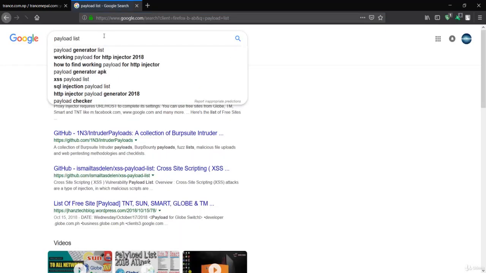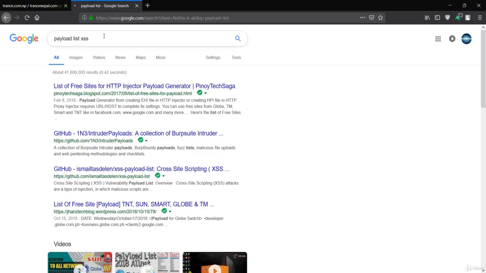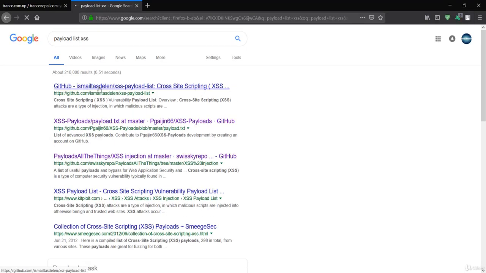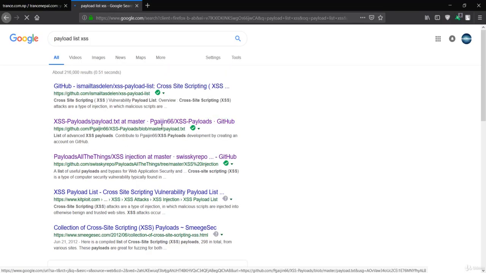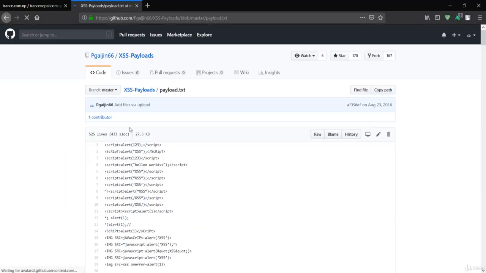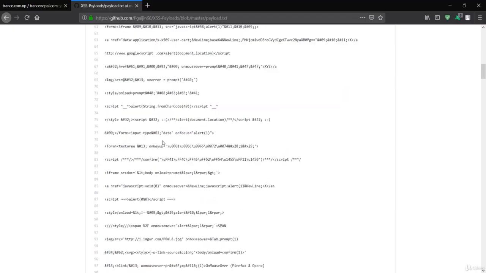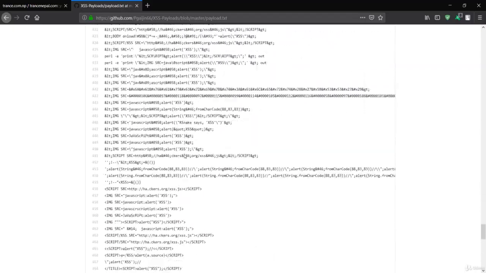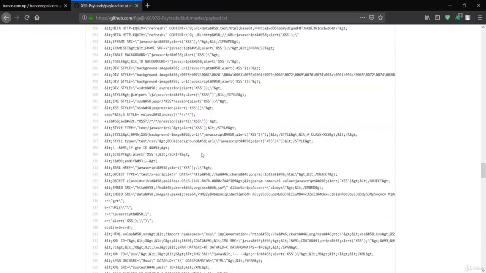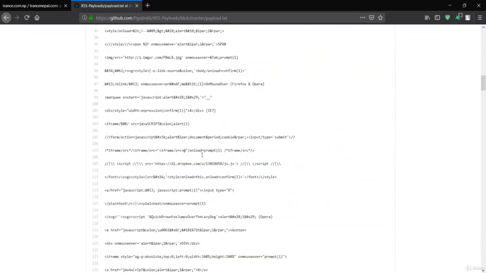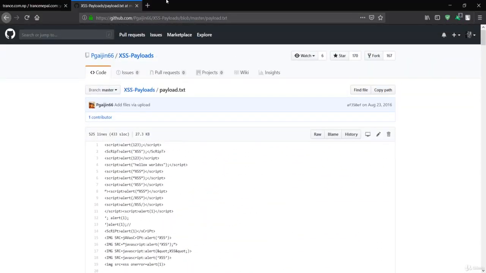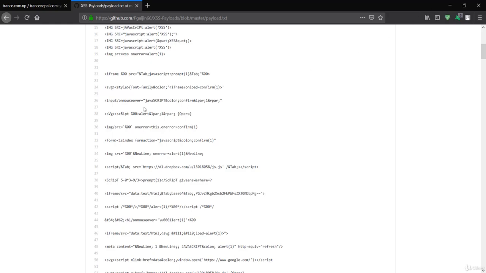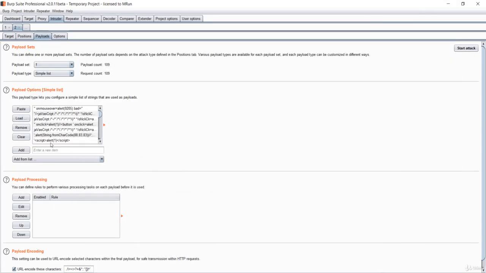You can get this link and you will have everything. That is the list of text file here. Let me open it. It has everything that you need. You could see every payload that can attack any of the parameters is over here. So make sure you download this or copy it in the text file and load it here.